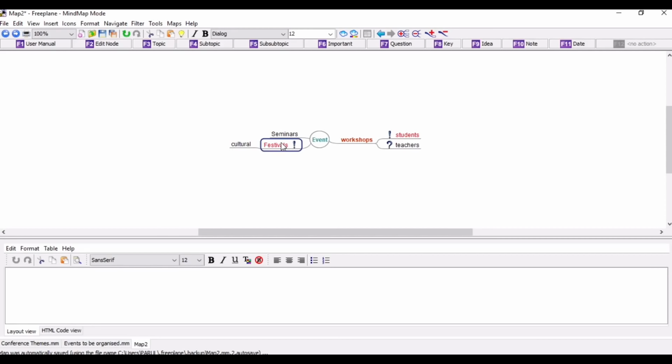And I further want to have, okay, so I'll just delete this node. So you can simply delete it by clicking on the button delete.